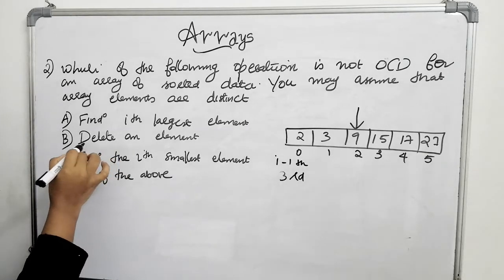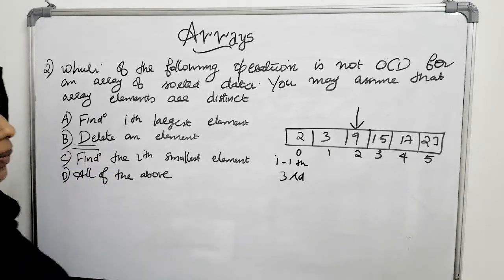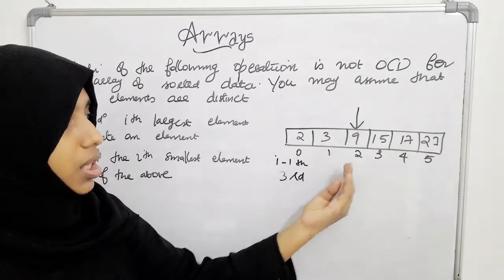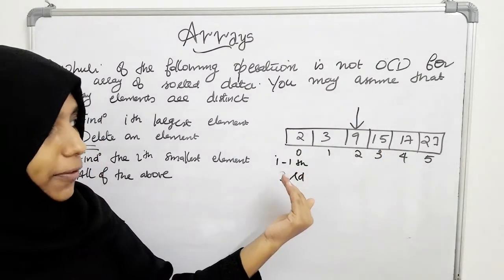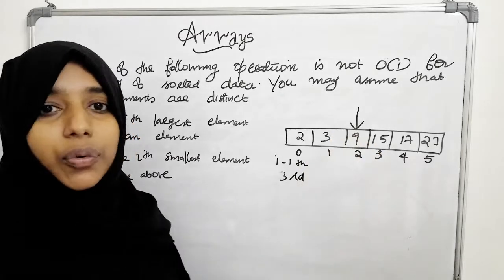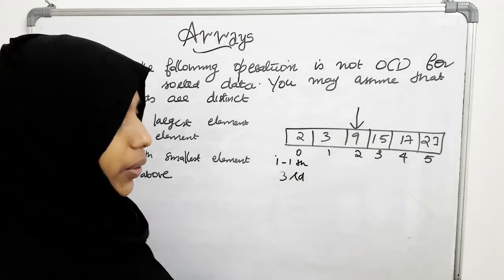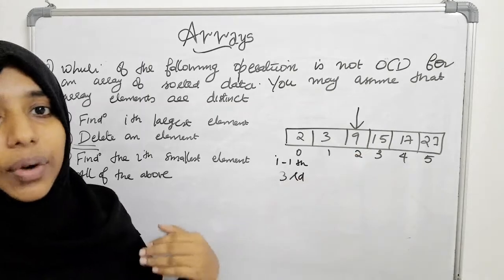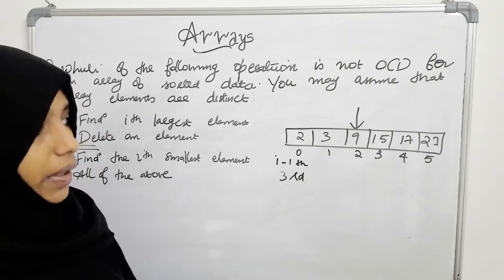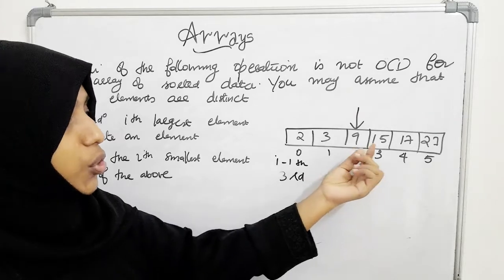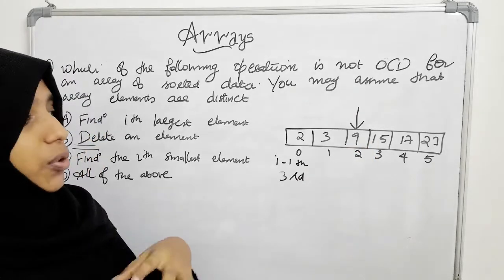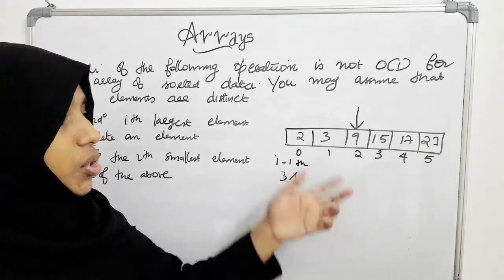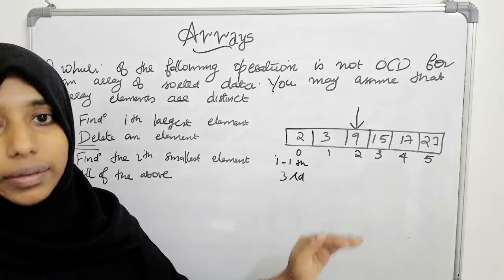So, second is delete an element. If you are deleting 9, you have to shift all the elements one position to the left, isn't it? To make the representation efficient, you can't substitute it with 0, because 0 will be counted as a new element. That should not be happening. So what you will do is shift all the elements to the left. So if there are n elements in the array, nearly n elements need to be shifted, isn't it? So that operation is dependent on the size of the array.